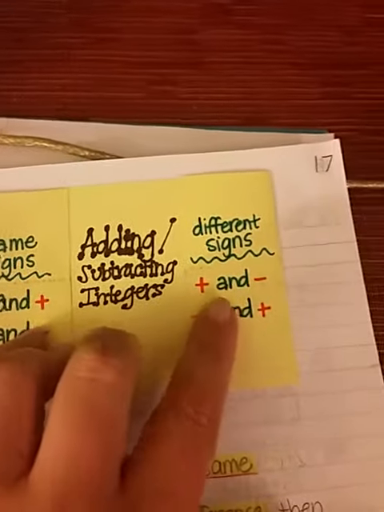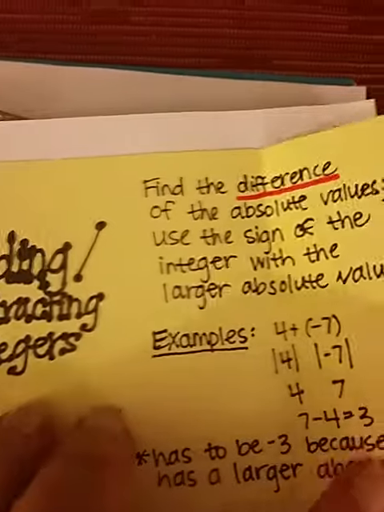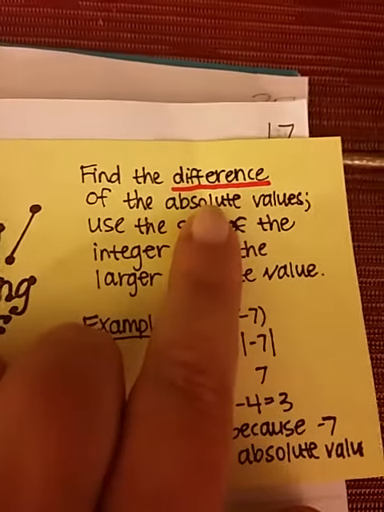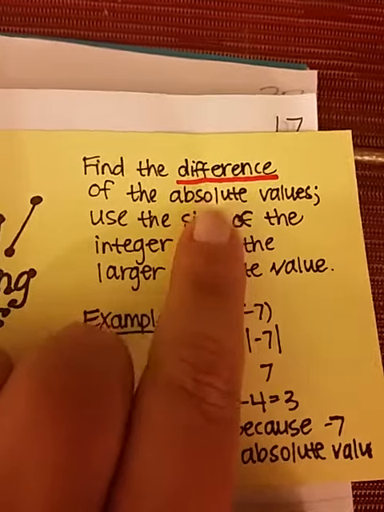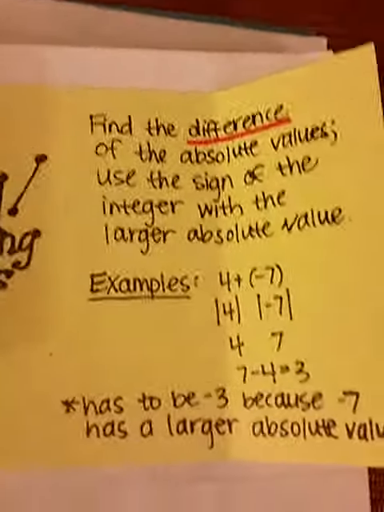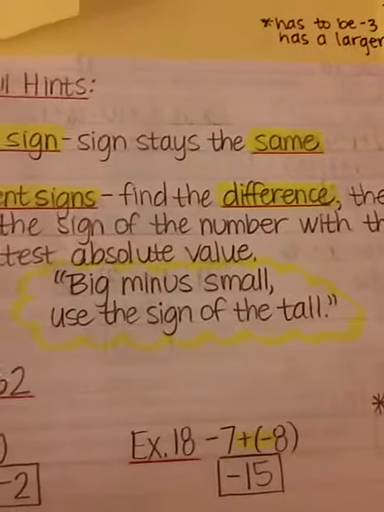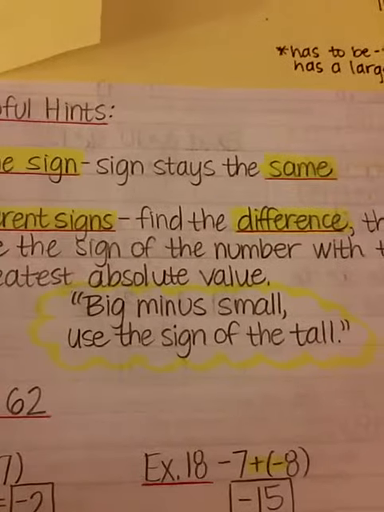Whenever we have different signs, such as positive and negative or negative and positive, we are going to find the difference. We find the difference of the numbers and keep the sign of the number with the greater absolute value. In class, we made up a song: big minus small, use the sign of the tall, meaning the taller number